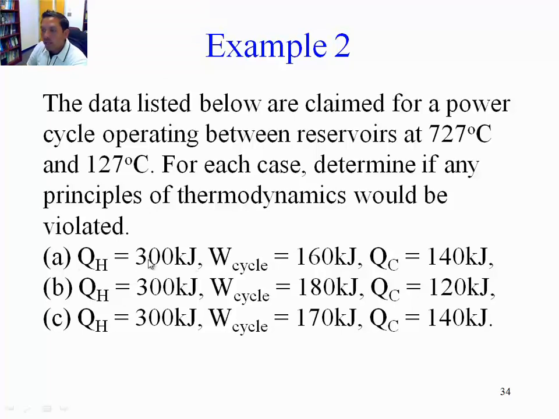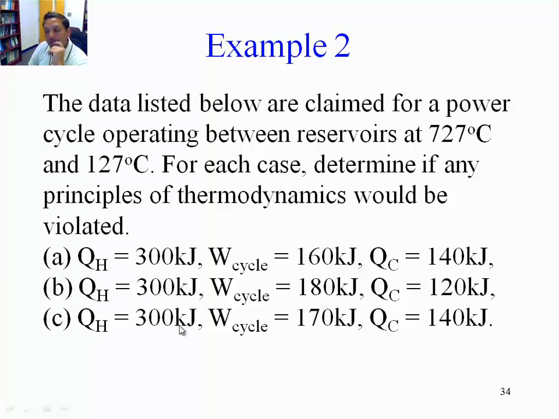Case A, we're given a QH, which is Q in, equals 300 kilojoules. The W of the cycle is 160, that's the W net, and the QC is 140 kilojoules, that's the heat rejected to the cold temperature reservoir. Case B, the system absorbs 300 kilojoules from the hot temperature reservoir. It rejects 120 kilojoules to the cold temperature reservoir, and in the process of doing so, it produces 180 kilojoules